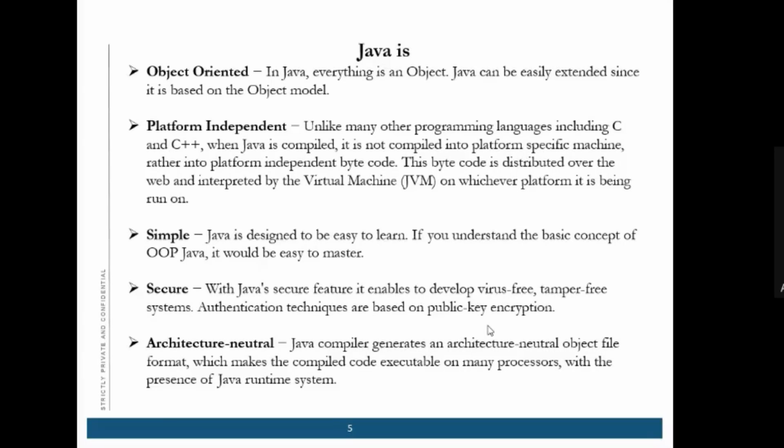Unlike C and C++, Java can be compiled into platform-independent bytecode. It can be run on any platform. So that's why Java is so popular these days. It's very simple to learn if you understand all the OOPS concepts. And also Java is a very secure language.